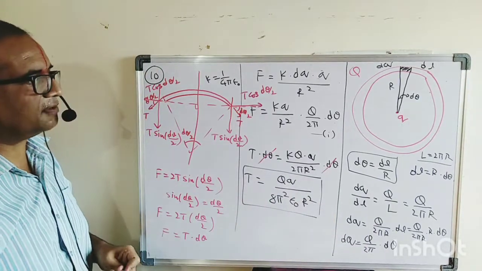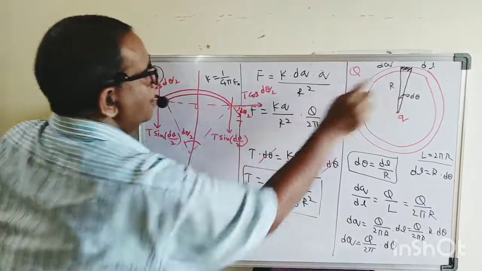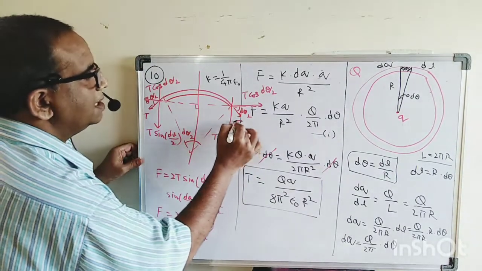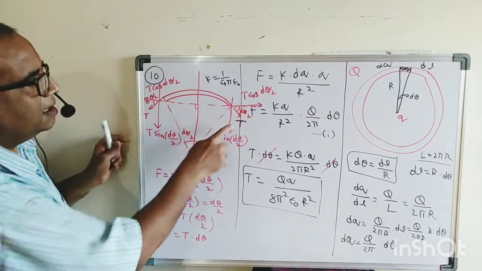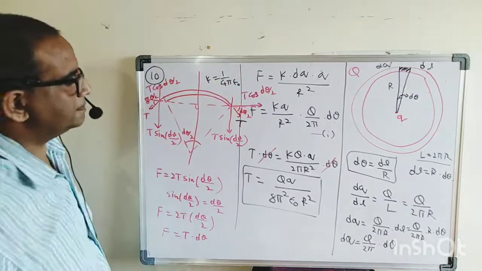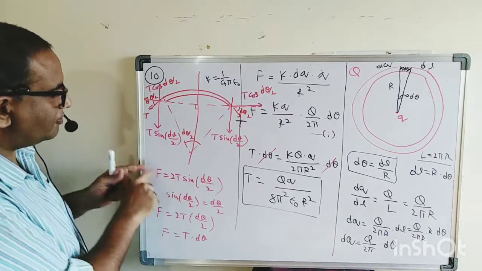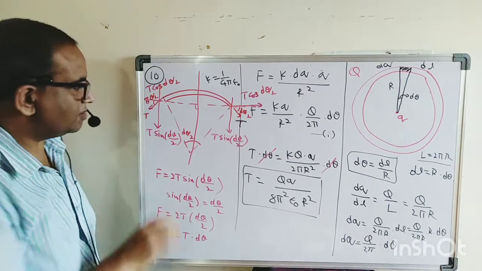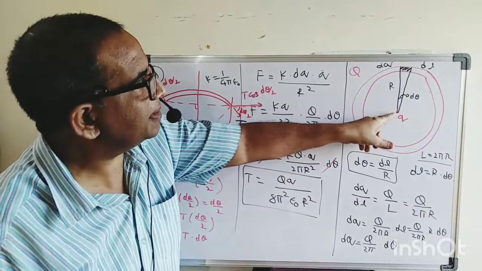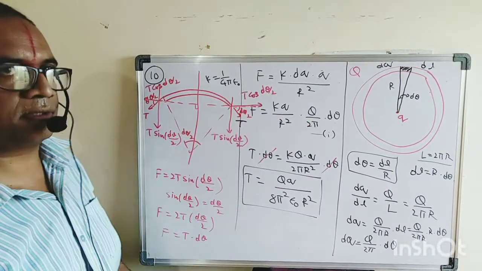Once again observe carefully. First of all we got the force. Try to understand this one: we magnified this small length. Because the tension T is acting here, we just resolved the tension T into two components. T cos d theta by 2 and T cos d theta by 2 both cancel. As they both cancel, what is left over here? 2T sin d theta by 2. That is the net force. 2T sin d theta by 2 is acting in this direction, and the force between the charges is acting in another direction. Both are balancing, so that is why we equated both.